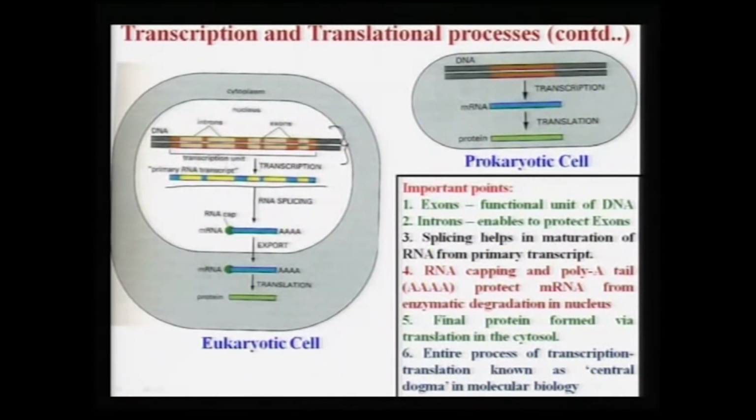You have the exons and introns. What are exons? Exons are the functional unit. Now, what is red in color becomes blue in the case of the RNA, but their expression is also the same. Okay. So exons here, the red one and the blue one,